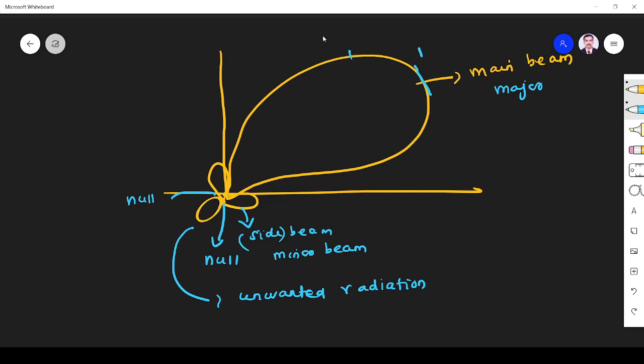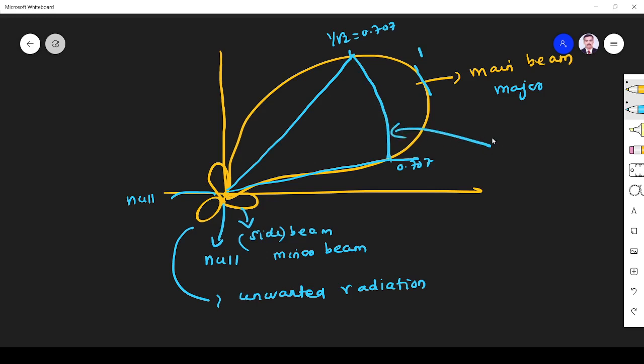So if it is reduced by 1 by root 2, that is 0.707 on both sides, the region covered by this, this gap, is called half power beamwidth. So at this point the power is reduced by half. So that's why it is called half power beamwidth,